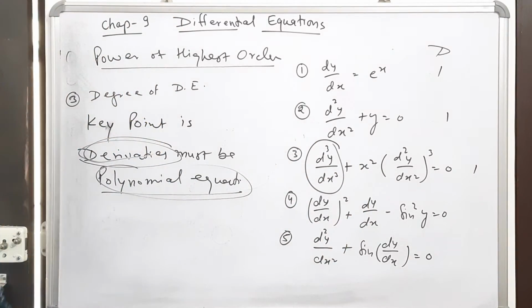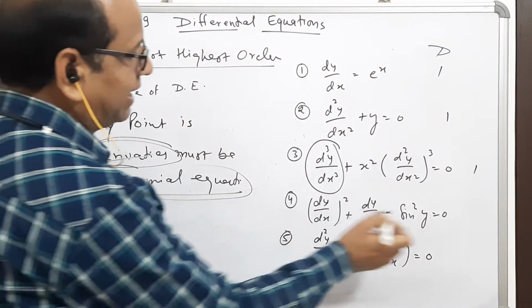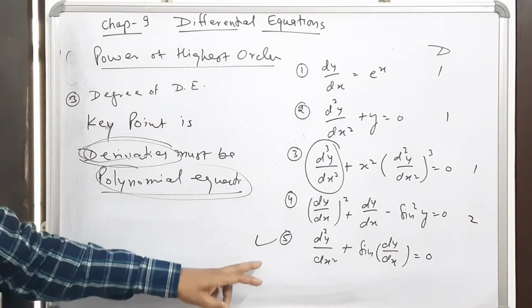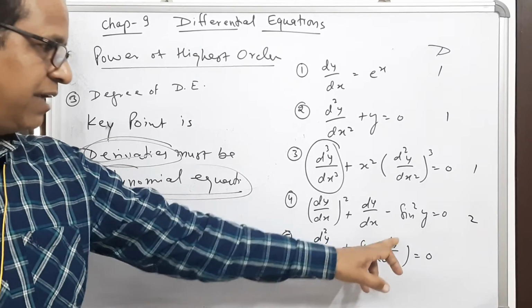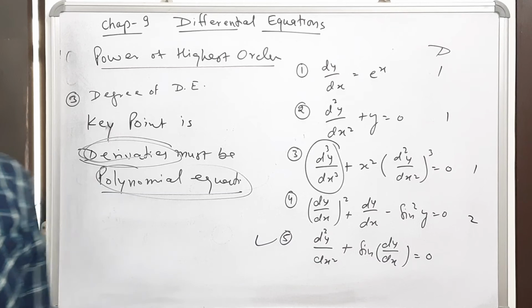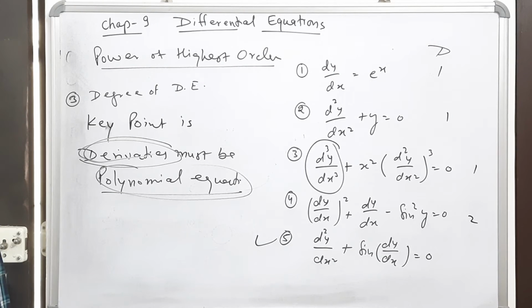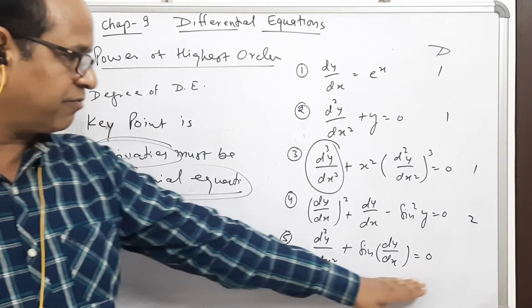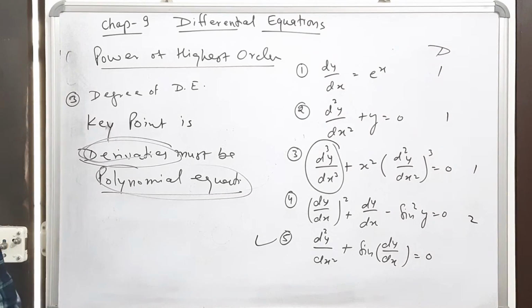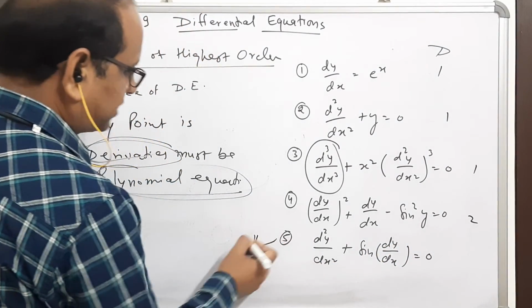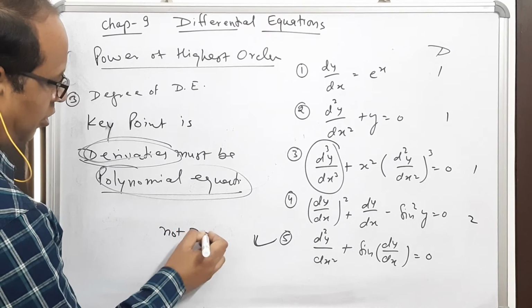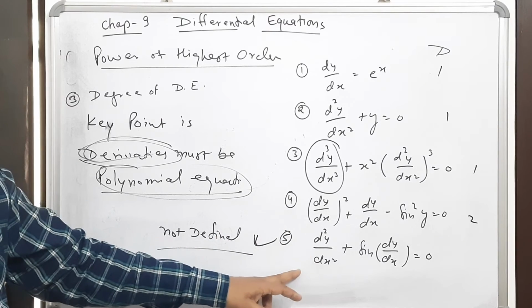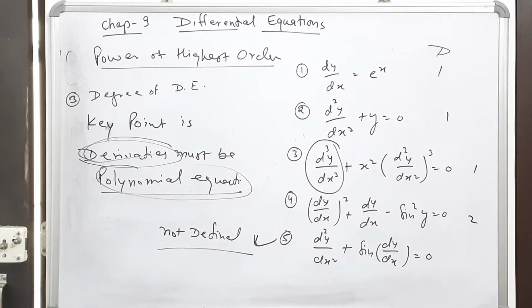Look at the degree of the highest order. You see this one now. The degree is 2. Here, please see this part. This is very, very important. I told you it must be polynomial. dy by dx is not in polynomial form here; it can be dy by dx, or dy by dx whole square, like this. So here, this is a differential equation where the derivatives are not all in polynomial form. So what is the degree of this one? This is the special one I have taken. The degree is not defined. It is a differential equation, a second order differential equation, but the degree is not defined in this particular case.